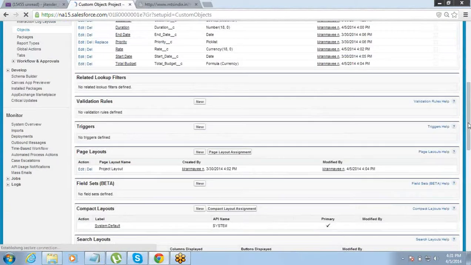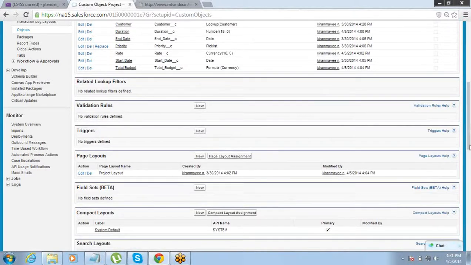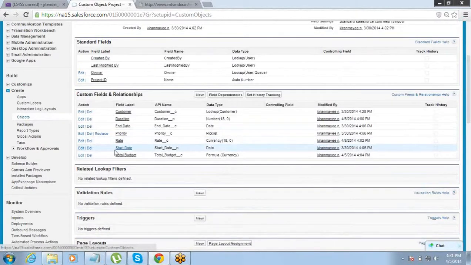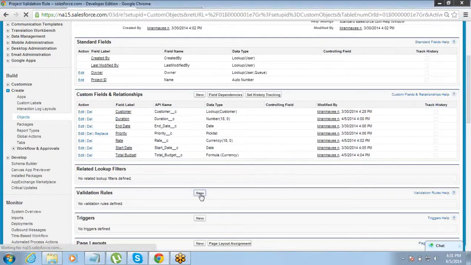How do we do that? You just need to go to the setup, create objects, and where you go and create the custom fields. Just below the custom fields, you will see there is a validation rules option. So all the validation rules for this object need to be defined here. So you can click on new.